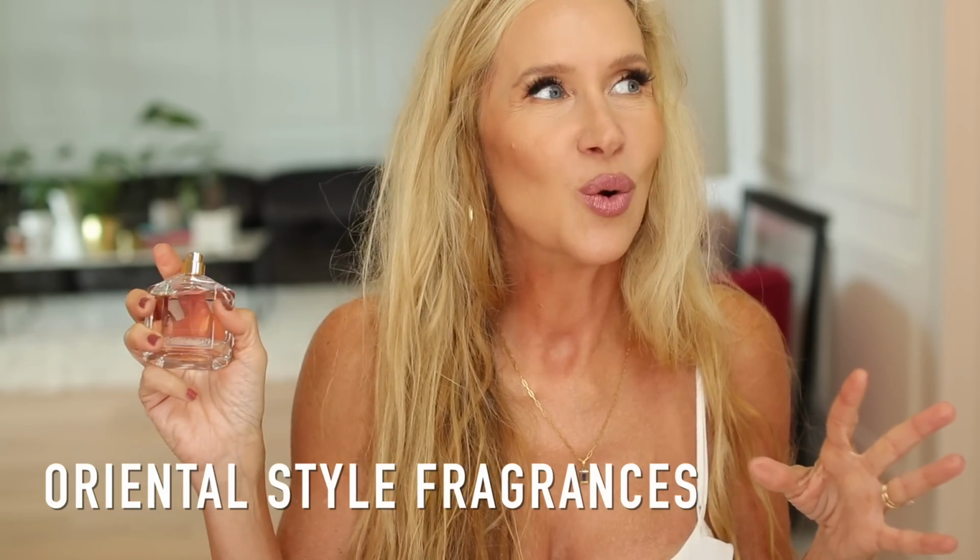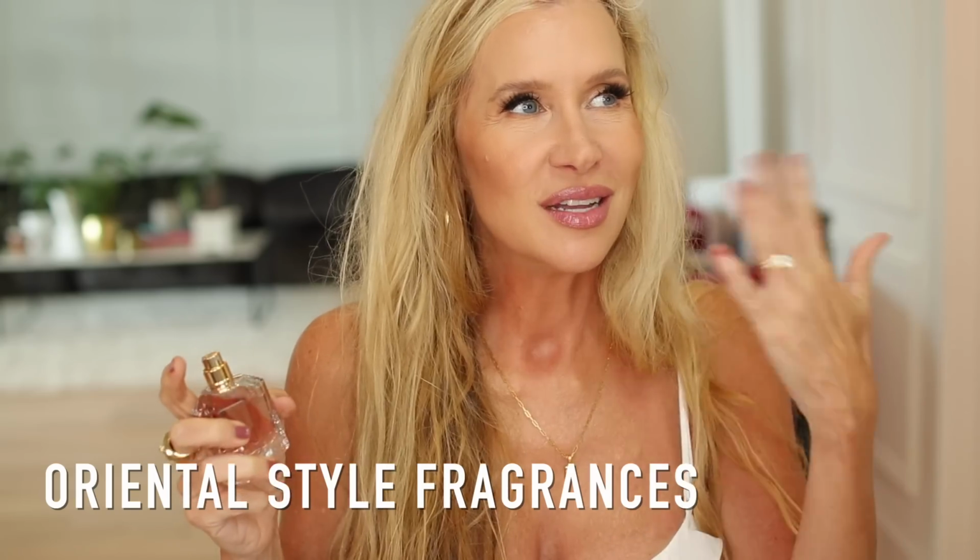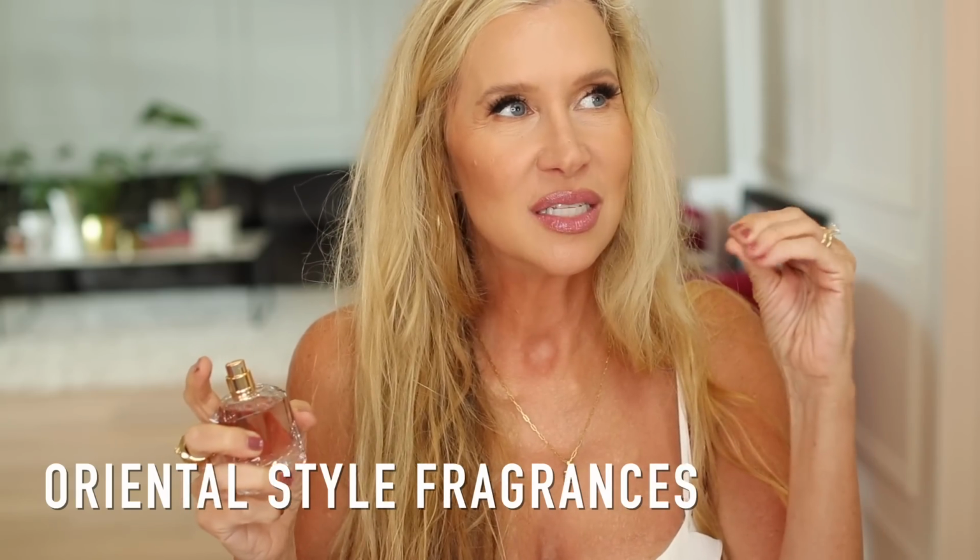If you like any of the Jean Paul Gaultier or scents like that that have a deepness and a little bit of floral to them and just a little bit of fruit too, then you would love this. It's very smooth and pretty, but I'm afraid that it may be a little too much for John today, and we haven't eaten or anything. So I'm going to wear the ultimate